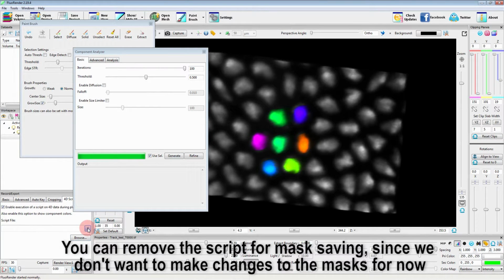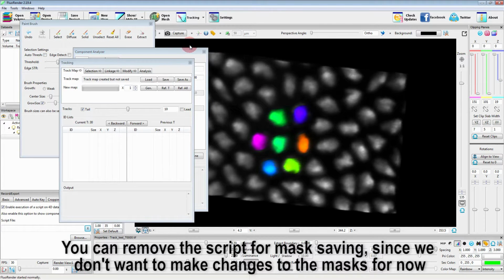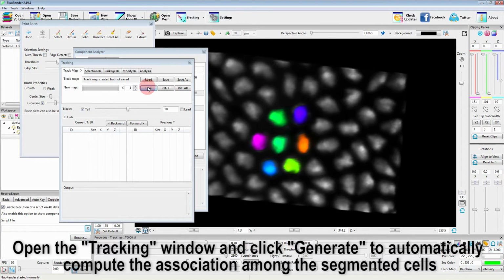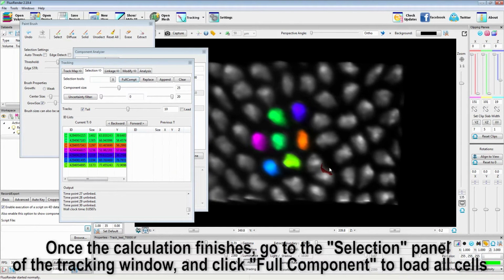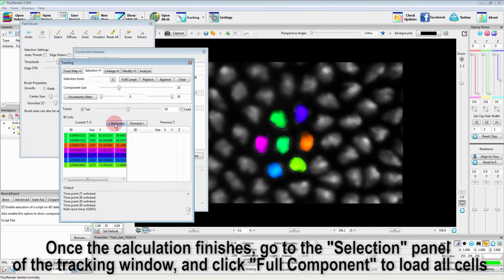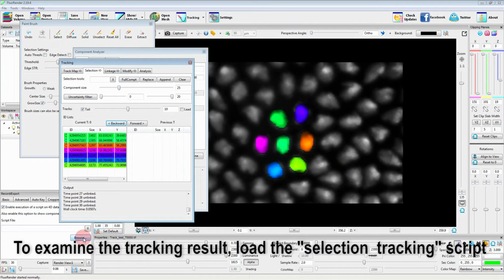You can remove the script for mask saving, since we don't want to make changes to the masks for now. Open the Tracking window and click Generate to automatically compute the association among the segmented cells. Once the calculation finishes, go to the Selection panel of the Tracking window and click Full Component to load all cells. To examine the tracking result,